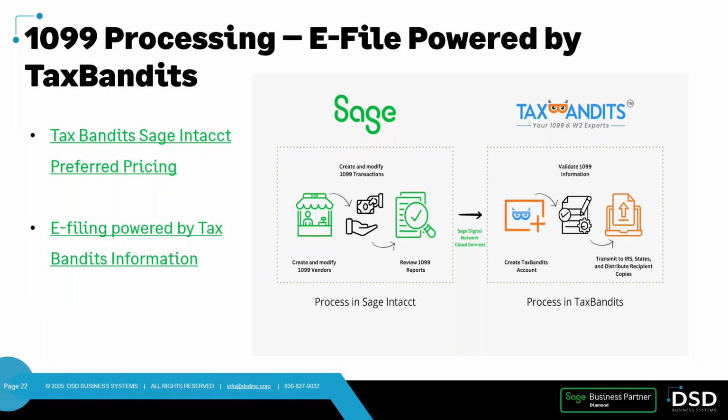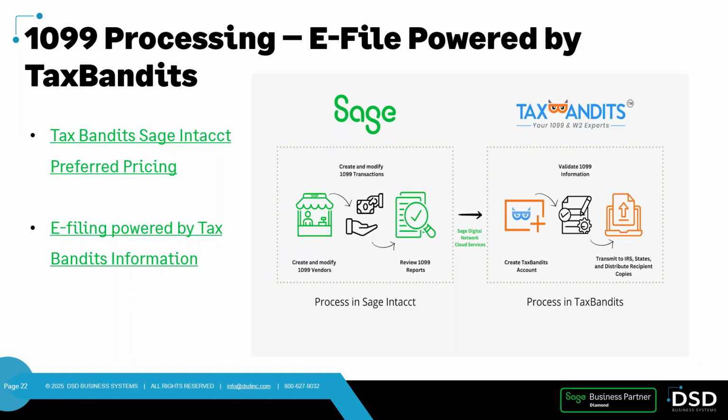So what you do in Intacct is you create and modify your 1099 vendors, you do your transacting, you view your 1099 reports, then whenever you hit the export 1099 file, it will directly integrate with Tax Bandits, and then they will validate your 1099 information and then do all of the e-filing that you need